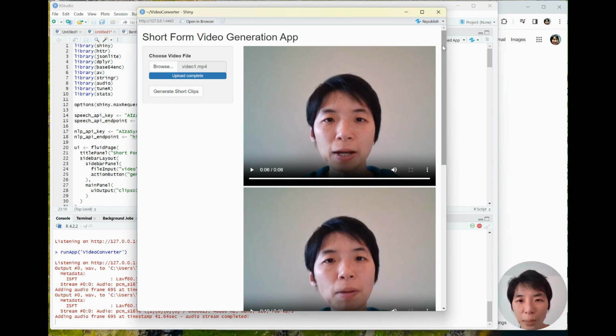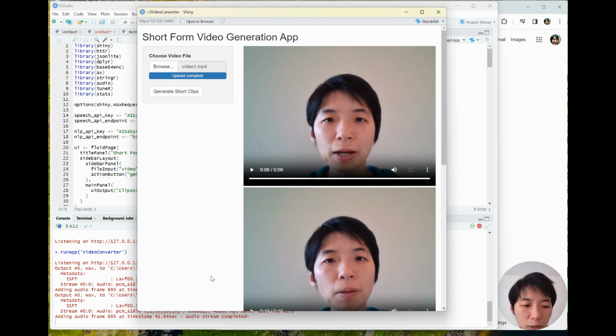At this point, it's important to point out that in order for this to work, and this is only workable on your local drive because of the nature of this dashboard working with videos, you will need to download the FFmpeg, FFplay, and FFprobe files that I have included in the description box below